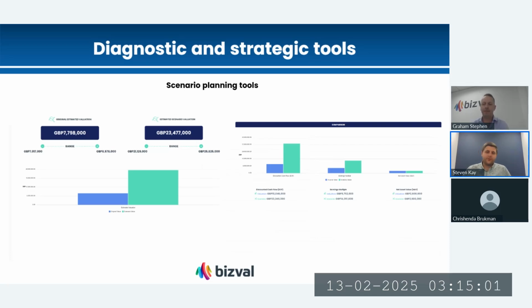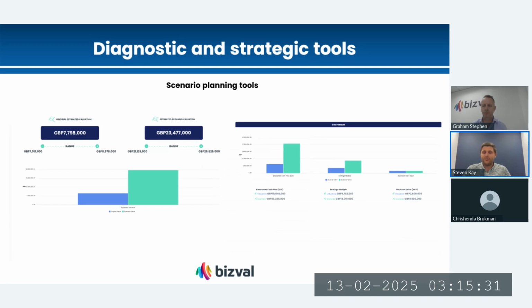Exactly. This follows on from our midpoint valuation. It's always the case where a business owner gets to a value, but they might want more, or they just want to understand why it's at that level. And that's where the sensitivity comes in. You have to run the different scenarios. You have to understand what happens if we look at a lower growth rate. How will that affect our valuation? What happens if potentially we can pass a 10% increase in our pricing? How will that affect our current valuation?